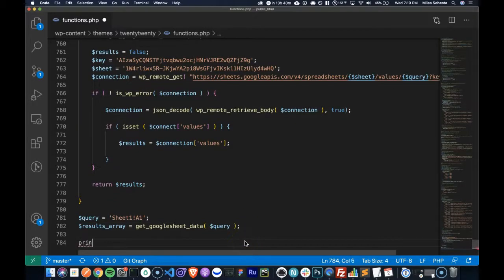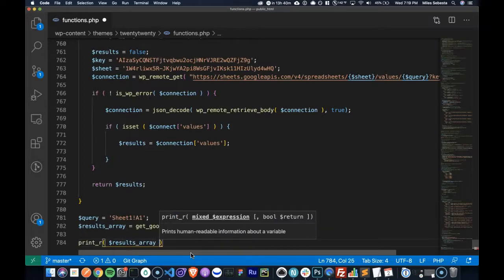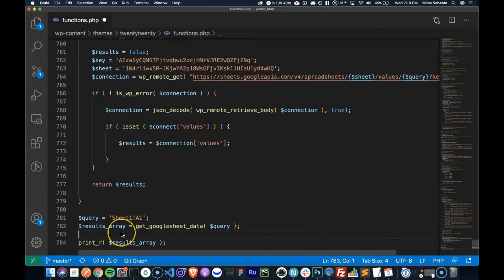Then I'm going to print my results array. And I'll prefix it just to make it a bit prettier.